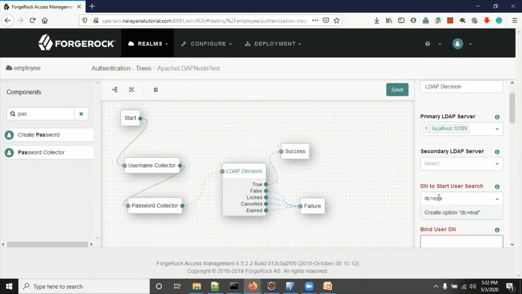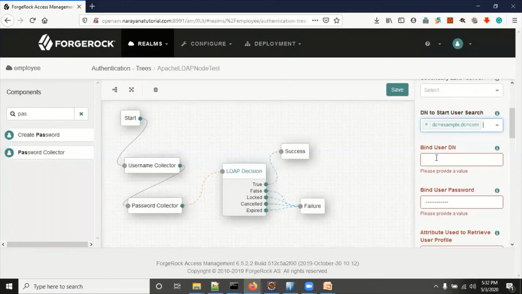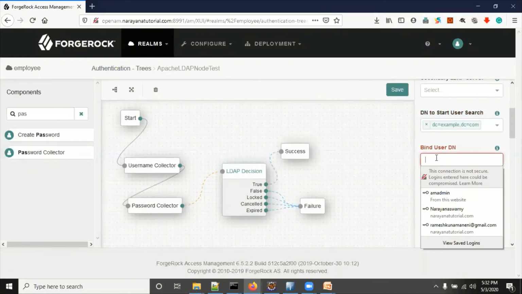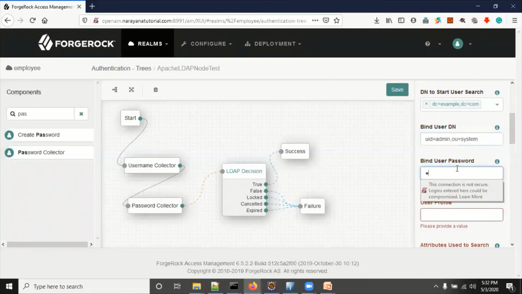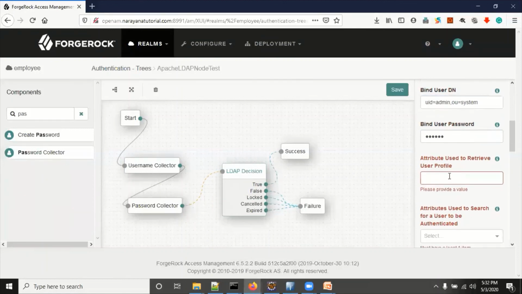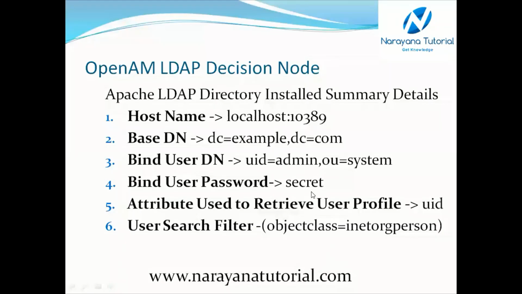DC=example,DC=com. The bind user DN is UID=admin,OU=system, and the password is secret. The attribute used to retrieve the user profile is UID. So this information I have already given, and these are the details I am filling in here.